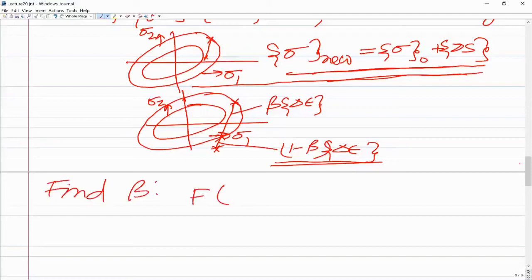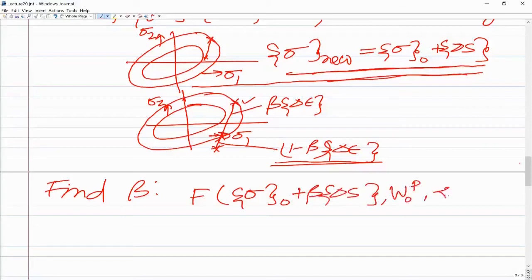the yield surface, you are moving inside this previous step yield surface. So up to this point the yield stress is going to remain the same. Yield stress will not change. Whatever was there in the previous step, the same yield stress would be there. So now you will have F, which is in terms of sigma naught plus beta times delta S, and the other parameters, the W naught will be from the previous step, the plastic work, and if you are kinematic hardening, then this sigma alpha back stress